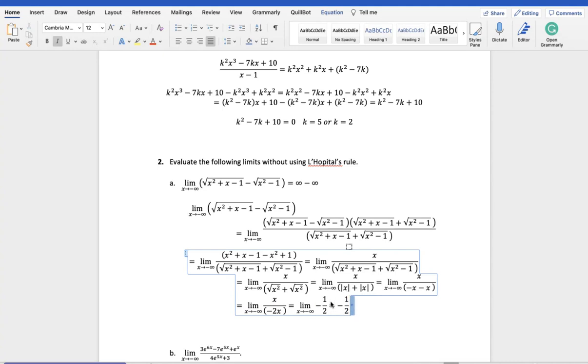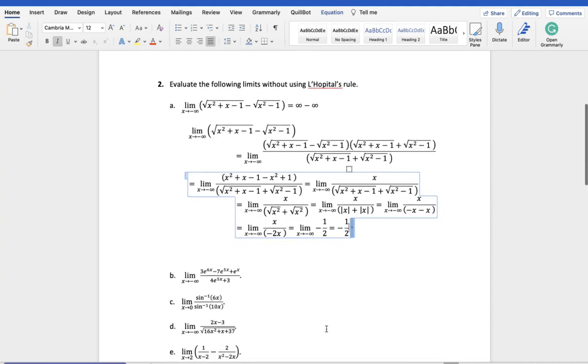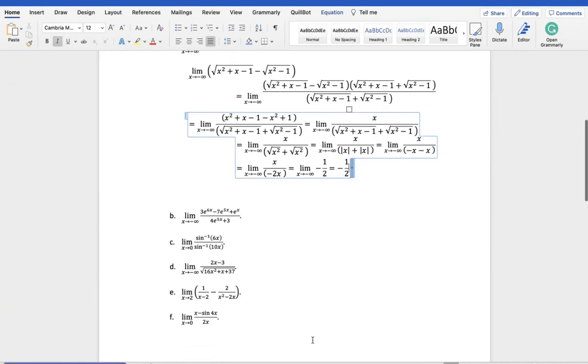So really what's important when you're solving this particular limit is to look at whether x is tending to a positive or a negative value, because that makes a big difference, right? Okay, so moving on, you have